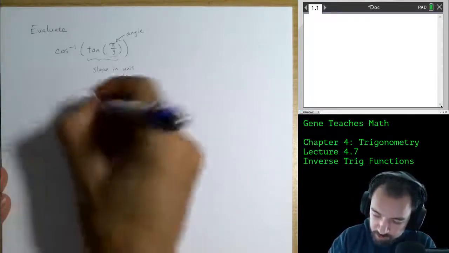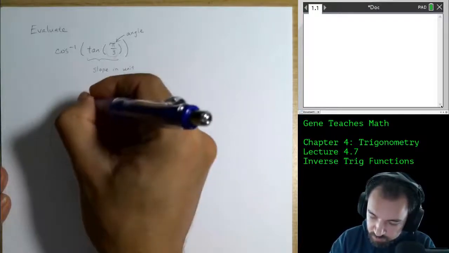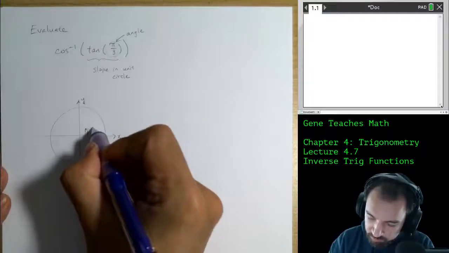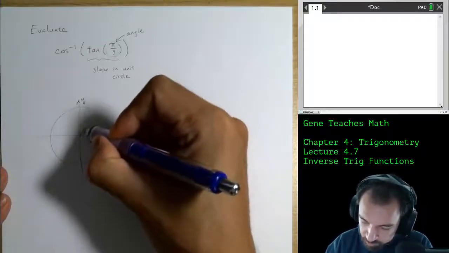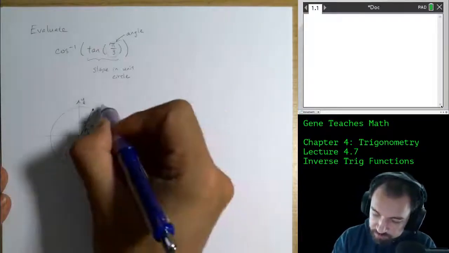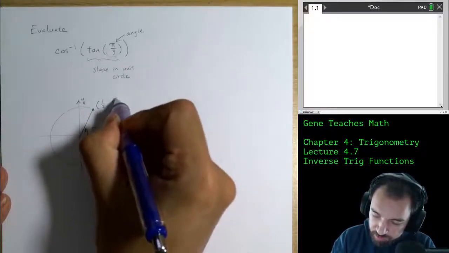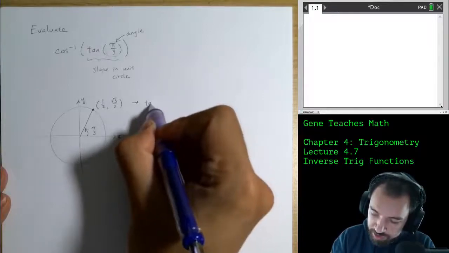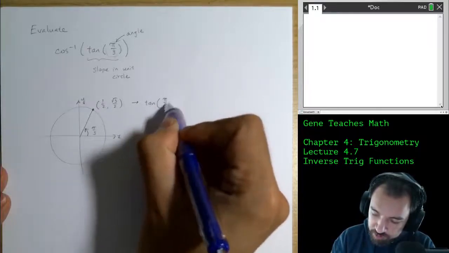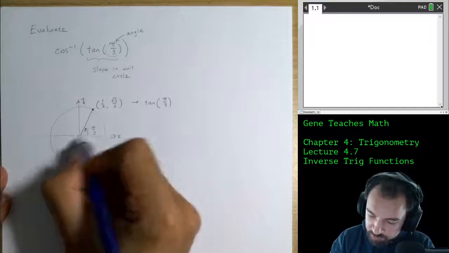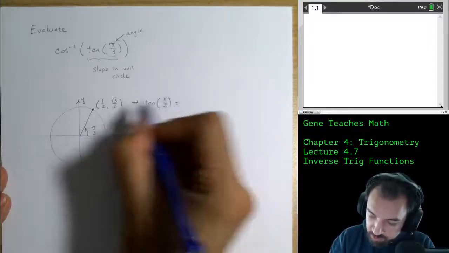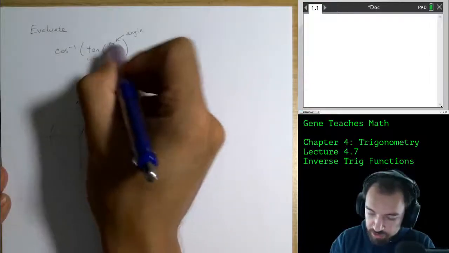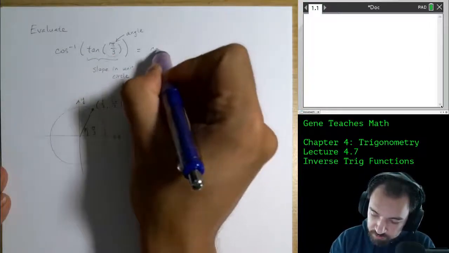So if we quickly sketch out one of these unit circles, and we say pi over 3 is the angle, that's one of our special angles. We know the x and y coordinates of that to be 1/2 and root 3 over 2, which means the tangent of pi over 3 is y over x, which is rise over run. That is going to be root 3. So this can be resolved to the value